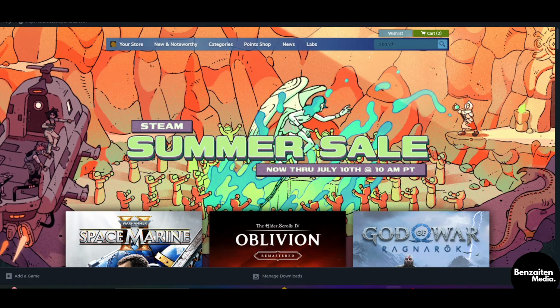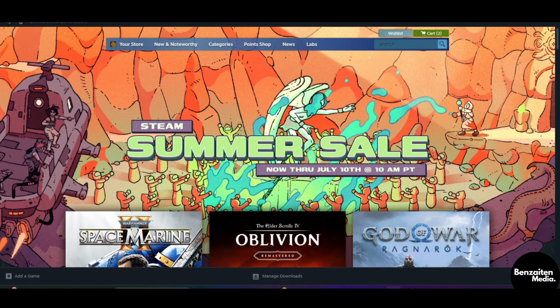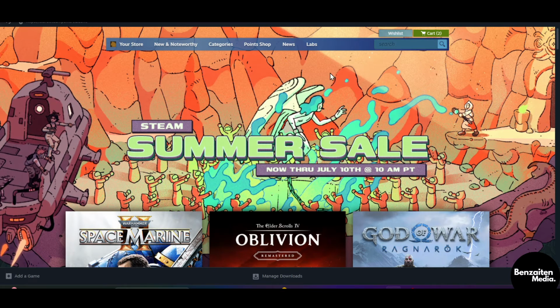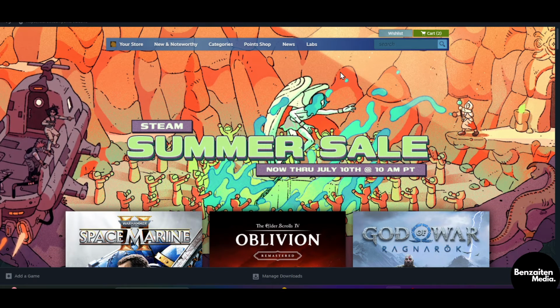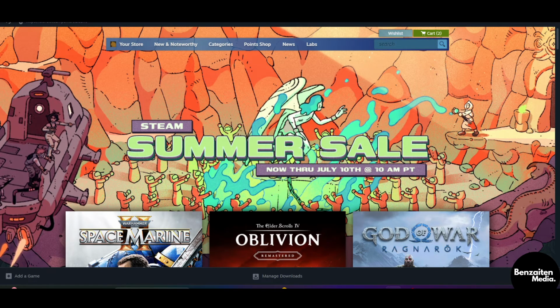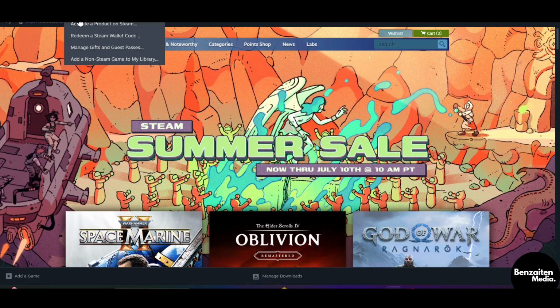Now, after signing up or logging in, on the left side, you will see the option of install Steam. Click on that and install the Steam application. Now, after installing, this is what the dashboard of the Steam application will look like. Now from here on the left side, click on this game section, and after that, click on redeem a Steam